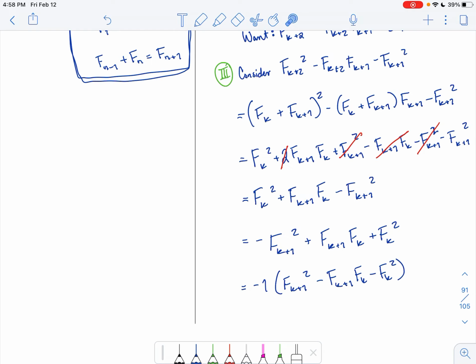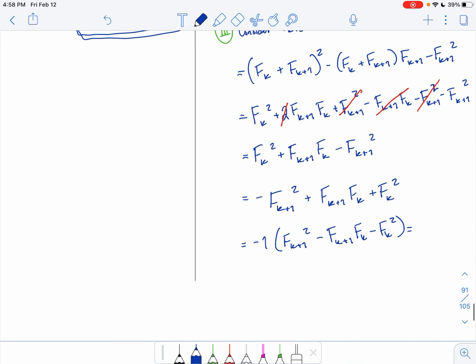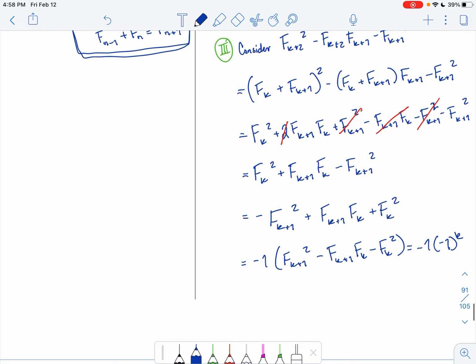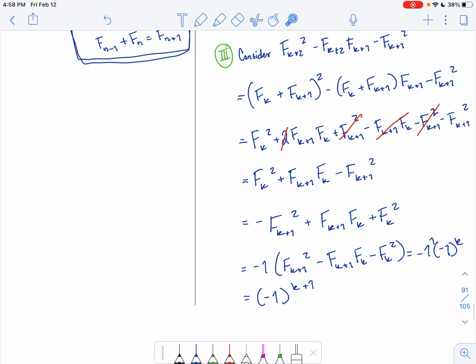Well, now this here, we know what that equals. That's negative 1 to the k. So now we have negative 1 times negative 1 to the k. Oh, look, that's the same base. That's negative 1 to the k plus 1. Using the transitive property,